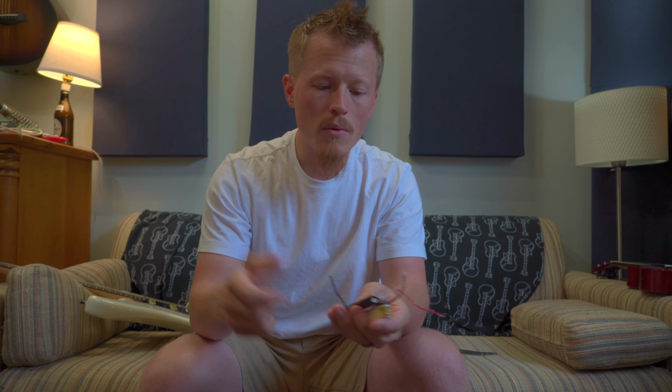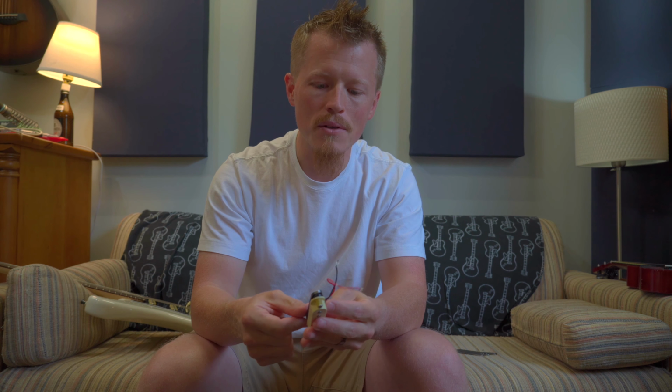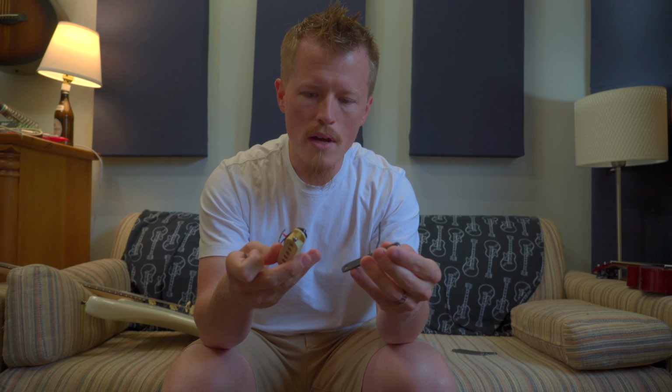When you dig in on that bridge pickup with a pick or with your fingers and you really try to get that grit to the sound, that punch, this little piece of metal here might make a difference. So what we're going to do is do a couple riffs on the Stratocaster without this bar, and a couple with,